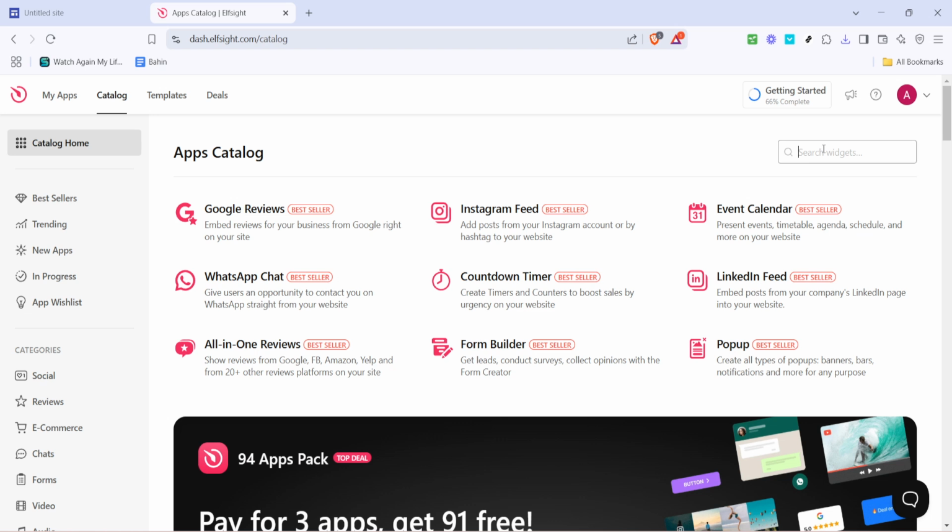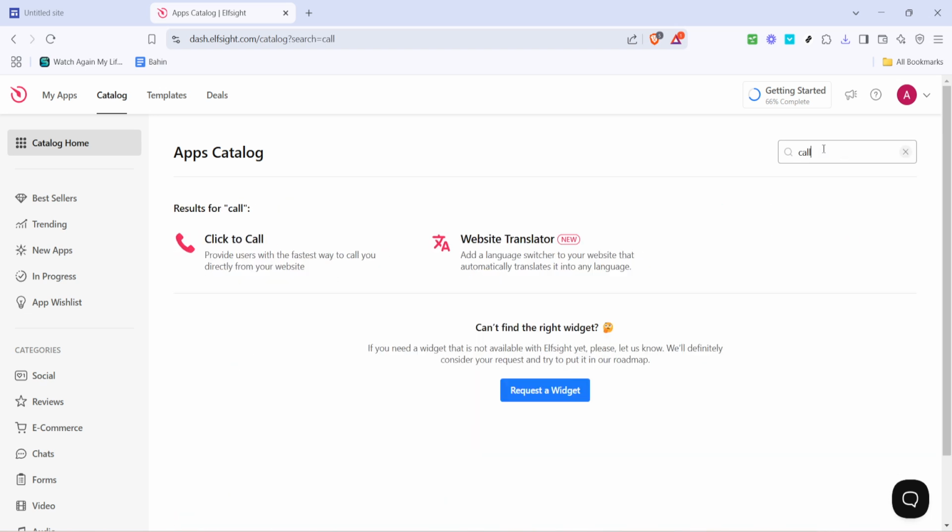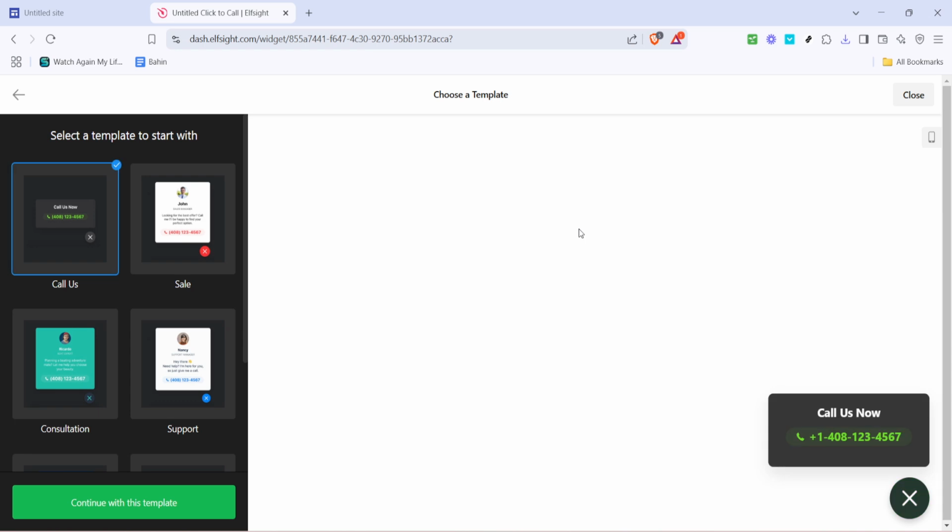Now, in the search bar located within the catalog, just type the word call. This helps in narrowing down your options to the relevant widgets you need for your project. Once you see the click to call option, go ahead and click on it. This is the widget that will enable your website visitors to call you directly with a simple click of a